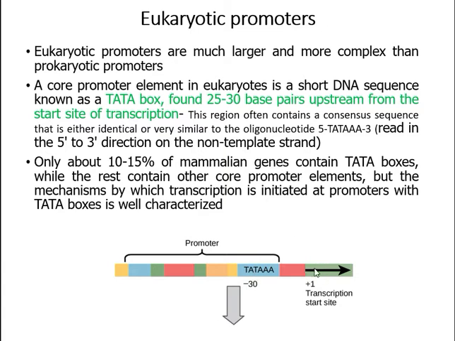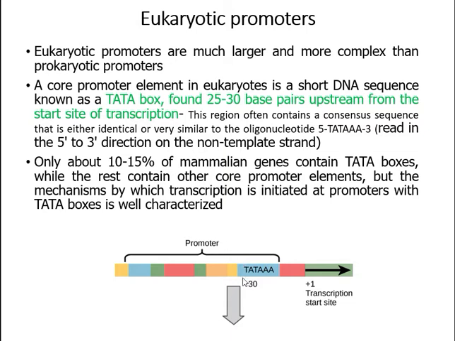So the sequence is called the TATA box, and it is read in the 5' to 3' direction of which strand? The non-template strand, because this is the non-template strand. This is 5' and here will be 3'. The other is the template strand, where this will be 3' and here will be 5', and the mRNA is made complementary to this template strand, but this is the non-template strand. So, the sequence TATAAA is read in the 5' to 3' direction on which strand? The non-template strand. Okay. So this can be considered as a consensus sequence which is there in many eukaryotic genes,